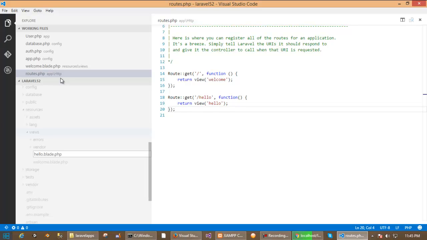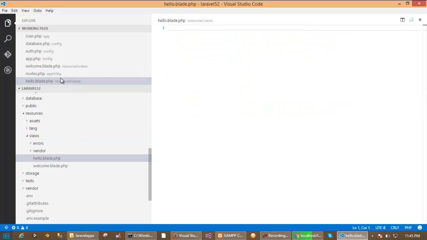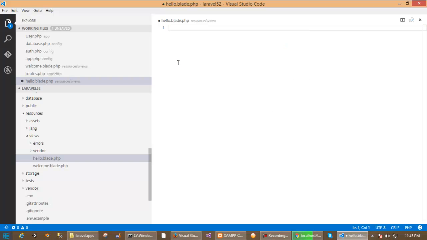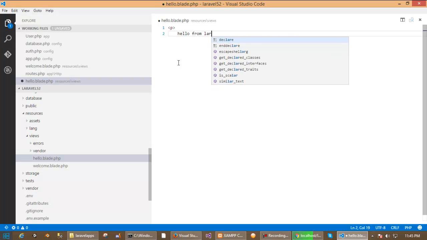If you want to create a new view called employee, the view file name will be employee.blade.php. So I think you have got the idea. So I am writing a dummy code like a p tag, and writing some code like hello from Laravel 5.2,